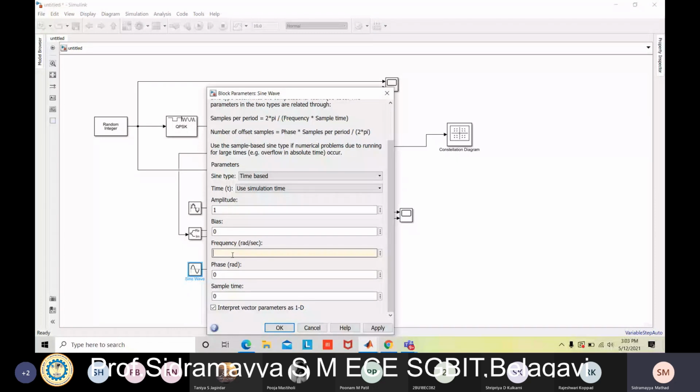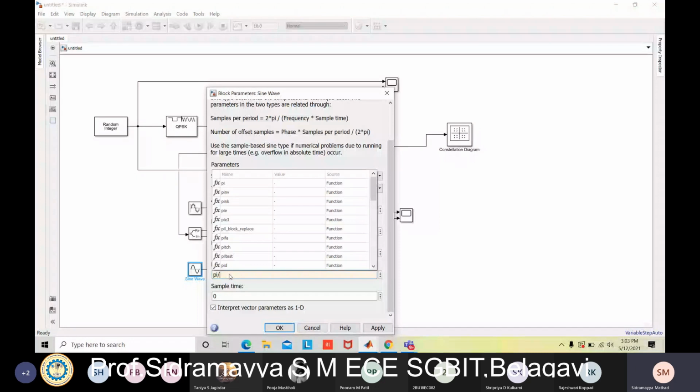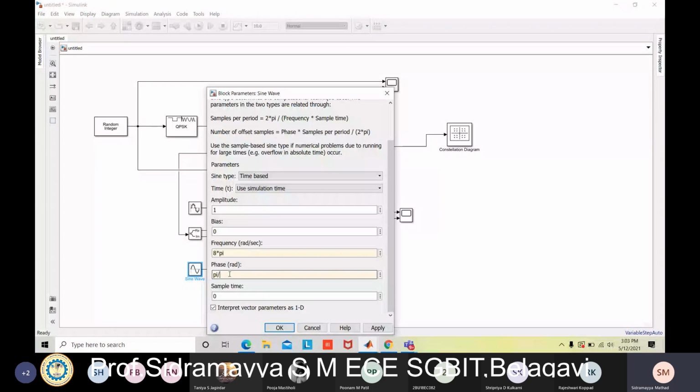Phase should be pi by 2. And the sample time I keep the same, 0.001. Just click on OK.